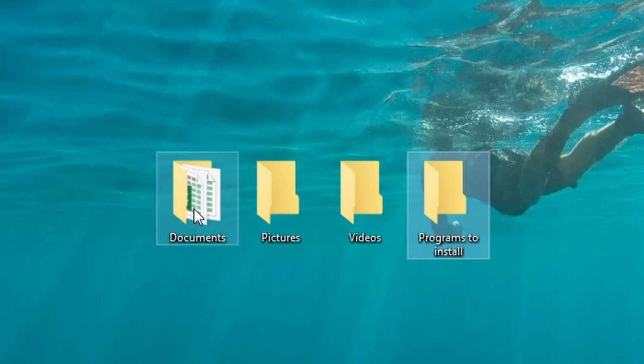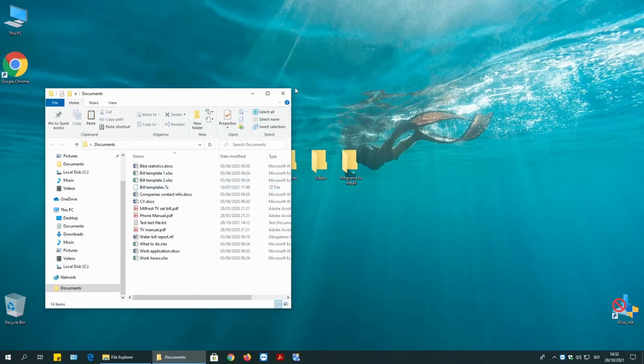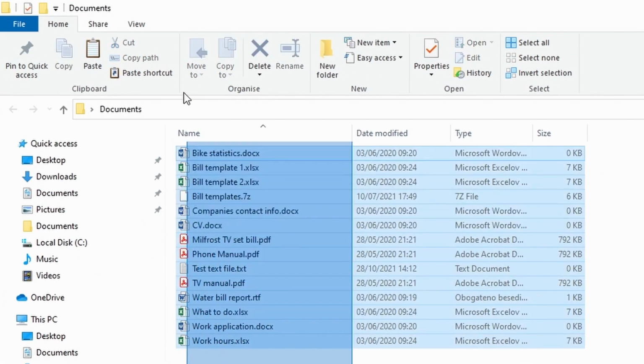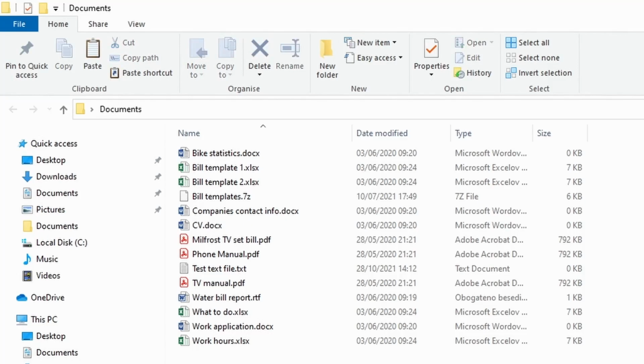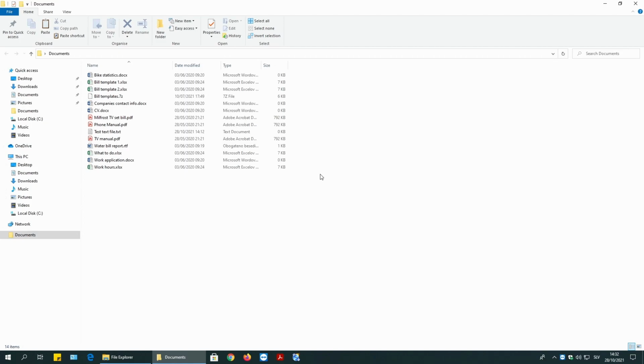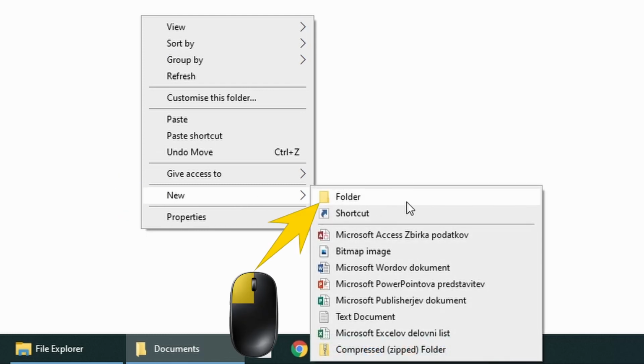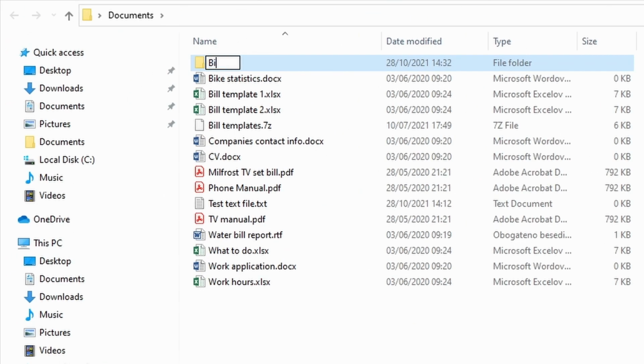If I open up, let's say, documents folder, I see here a bunch of different files, which is a little bit of a mess over here. I can sort them. Let's say I can create a subfolder. Folder inside the documents, which is called subfolder. So I can just somewhere empty inside the documents, right mouse button click, go to new and click folder. And let's say I can type bills, press enter key,